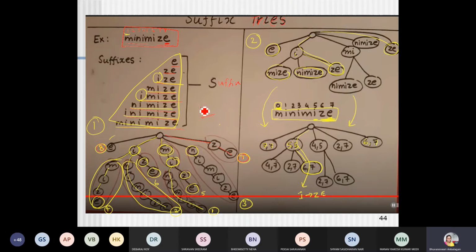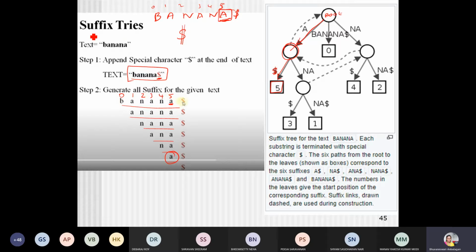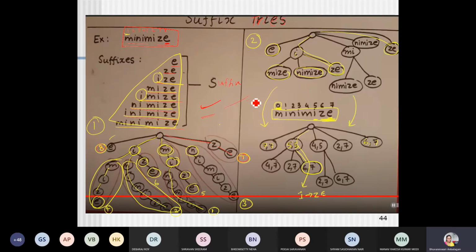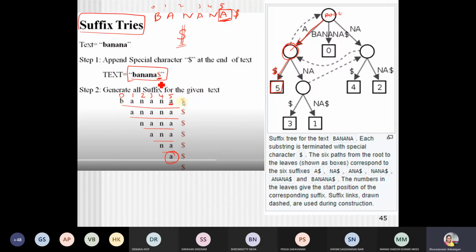This is the initial naive way of representing a suffix tree. Formally, when you are going for implementation, you have to give this dollar symbol and build a tree like this to make sure that this is the end of the particular text that is given as input.